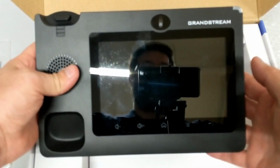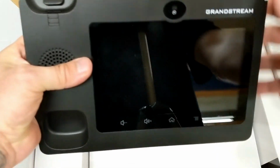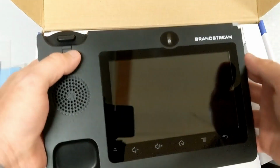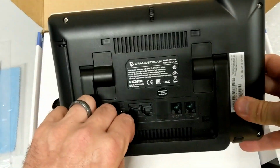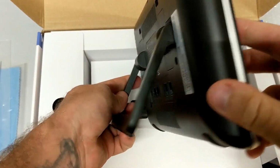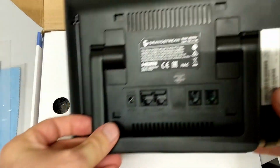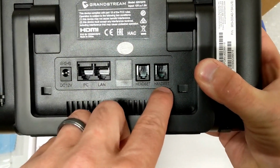There you can see me looking at you. The webcam can be flipped forward or backward. The handset is the same, with the same tab to hold the handset. The back stand is the same. It can be adjusted to be whatever you need it to be. It has the handset port for